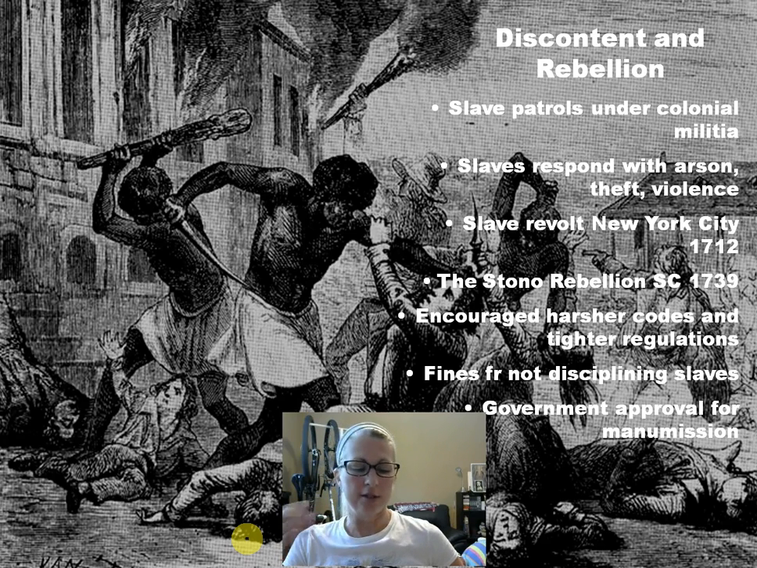And the slaves didn't like whatever aspect of freedom they were able to hold on to. They didn't like the fact that it was being taken away from them. So of course they're going to respond with arson, theft, and violence. There were several early slave revolts. The most significant one that you probably should know is the Stono Rebellion in South Carolina in 1739, where you